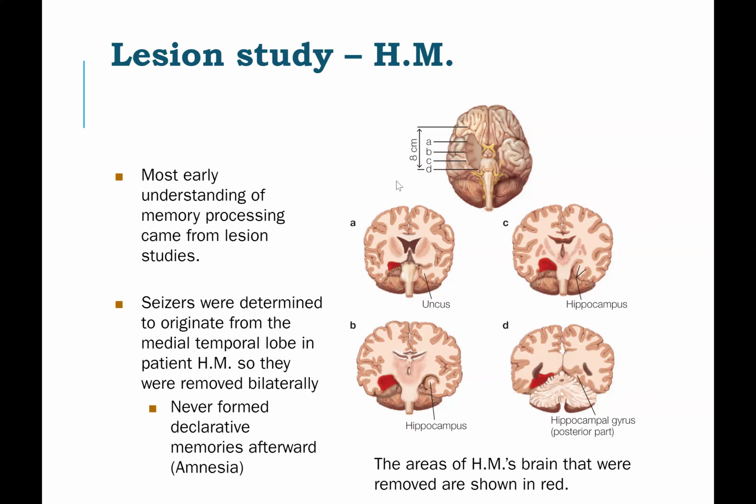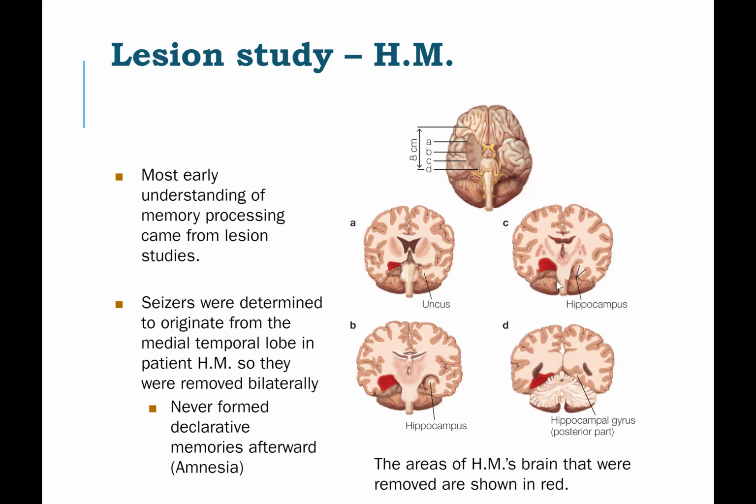Now, if I cut it where the A is, if I cut through it, you would see something like this. So we're looking at it from the front. So you're looking at me from the front, and then there is a cut here, and this part is removed, and you're looking at what's behind it, right? That's the view. Now, when you saw A, B, C, D, you could see that you get different cuts as you go deeper into the brain, so you could see where the hippocampus is.